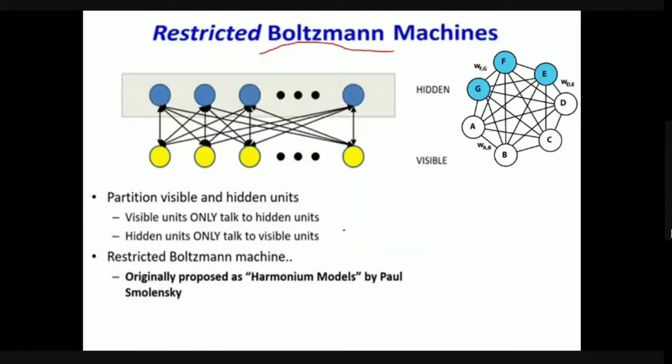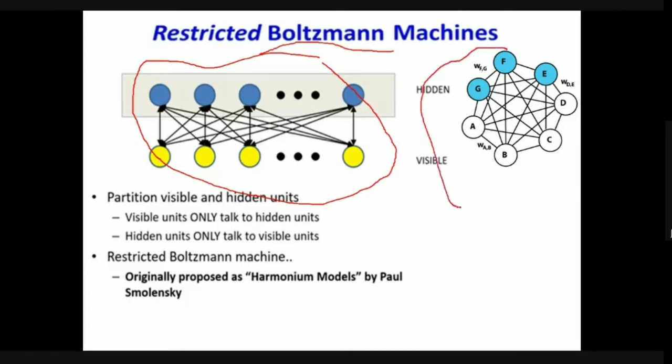This is the structure, or the representation, of the restricted Boltzmann machine. This is our normal Boltzmann machine, which we discussed in the previous class. I'm now talking about the Boltzmann machine, not the restricted Boltzmann machine, please note. In the Boltzmann machine, every neuron is connected to every other neuron. That is, A is connected to G, F, E, D, C, B, and B is connected to all the other neurons, C is connected to all the other neurons, and so on.